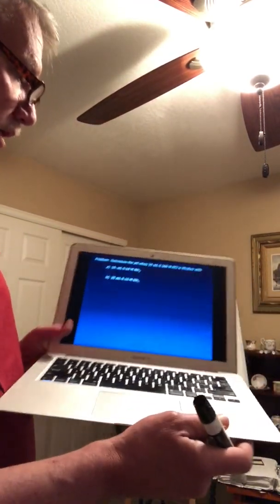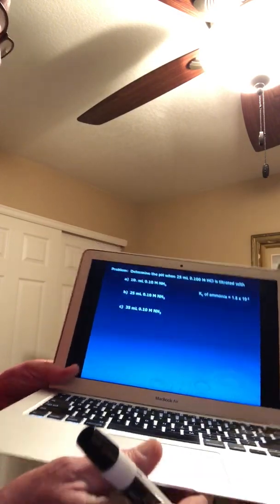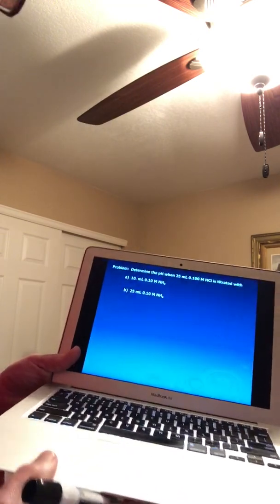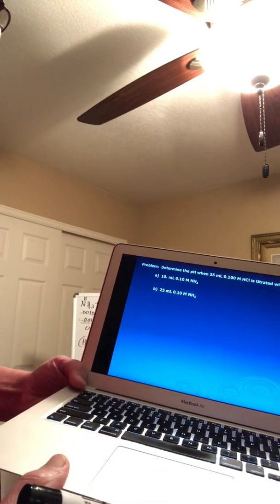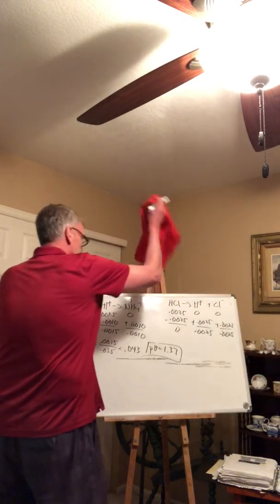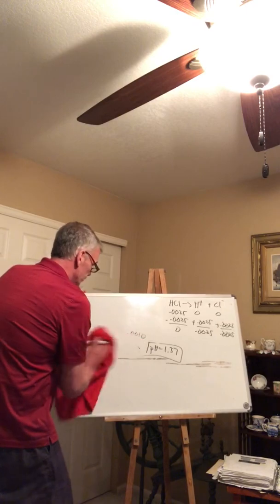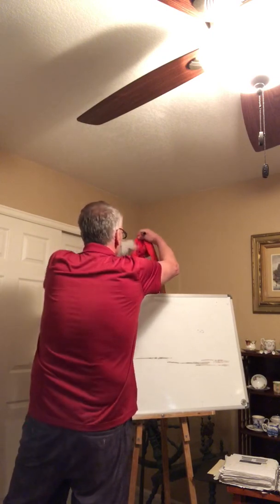Now I go on to the second scenario. One thing I needed to tell you and I didn't here is the Kb for the ammonia is 1.8 times 10 to the negative fifth. You have to be given that to do this. So now we're going to reach B. We are now at the equivalence point, which means the moles of acid equal the moles of base. So I'm going to erase this. I'm still going to have the same amount of H plus that I had before.